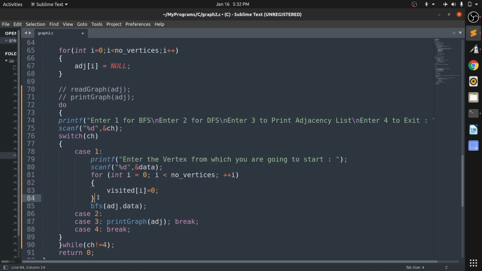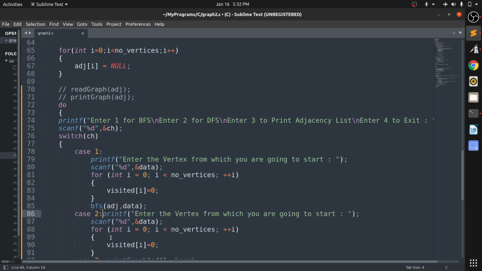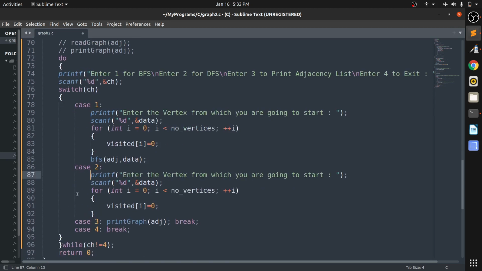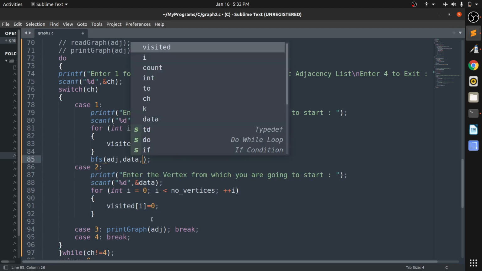The same thing I will require in future for DFS. We will see this part later; just focus on BFS for now.